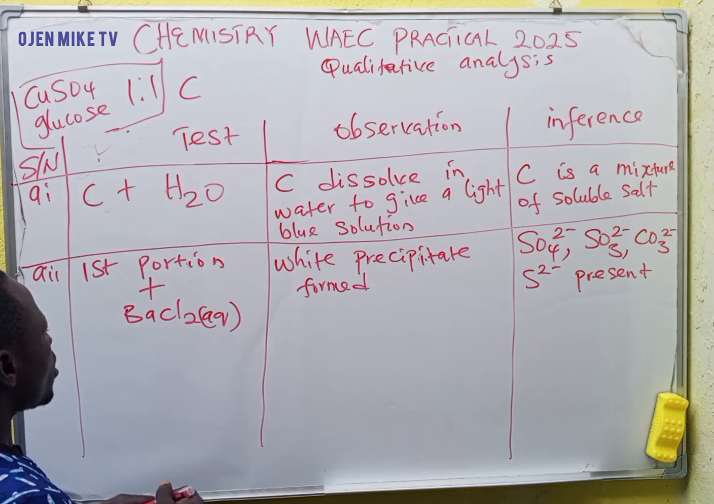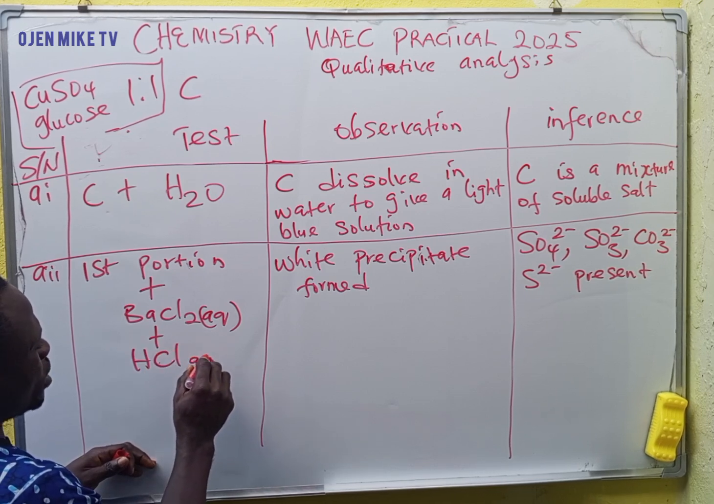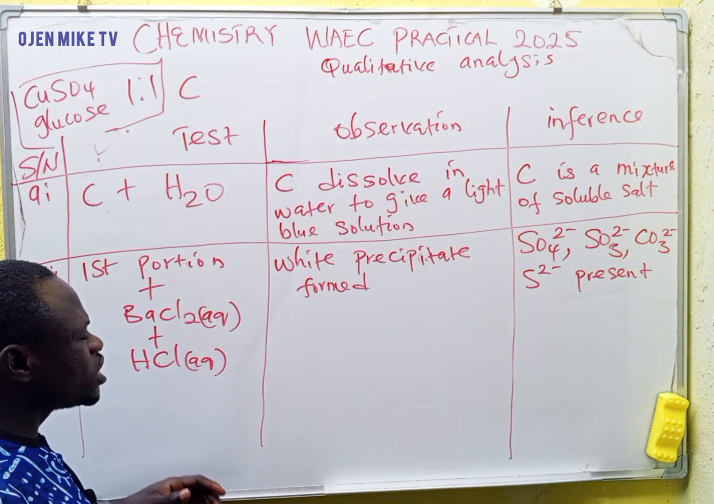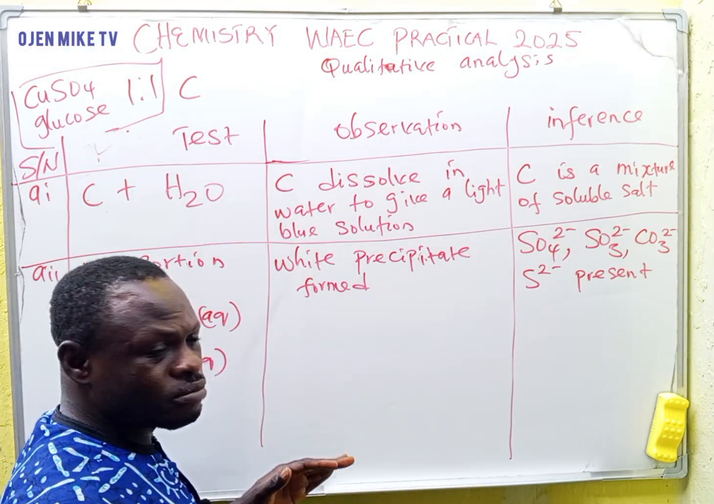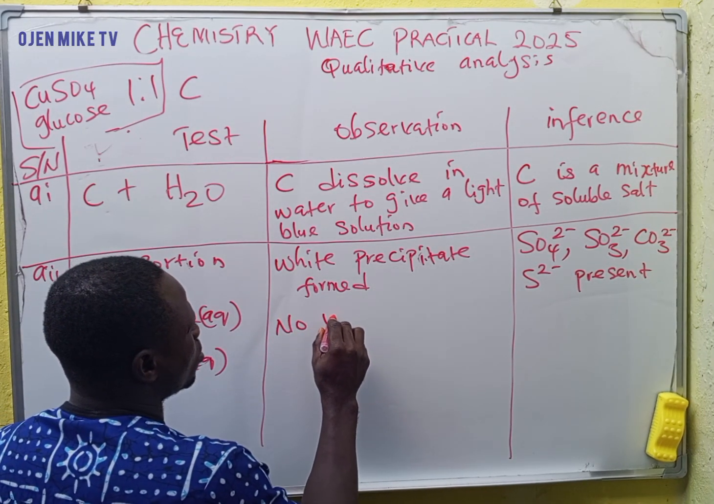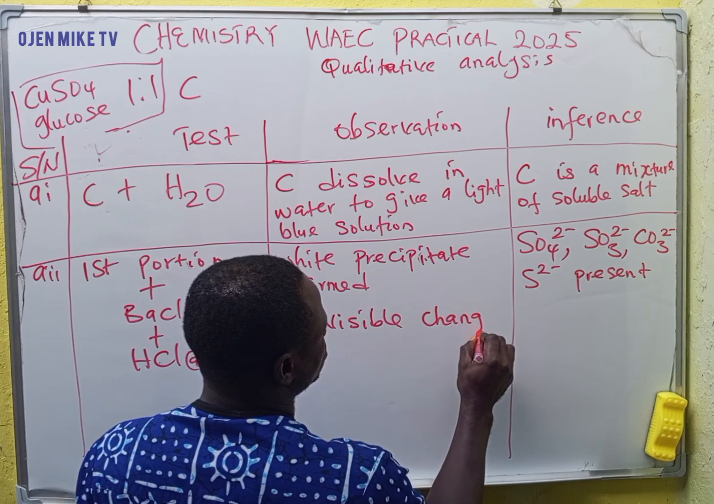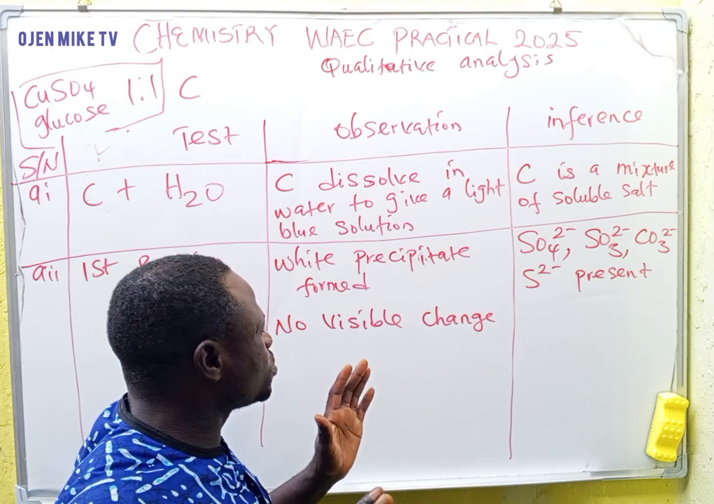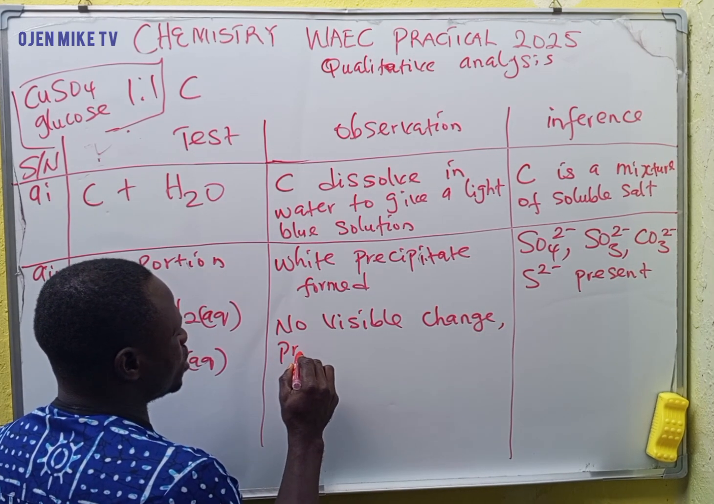You get that? Now you'll be asked to add HCl. When you are asked to add HCl, you will see that no visible reaction occurs. You get that? There is no visible change. So you report no visible change, or you see that there is no reaction. The precipitate does not react like that. So no visible change, comma, precipitate